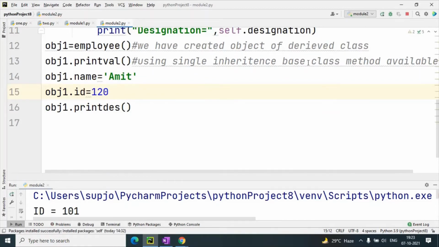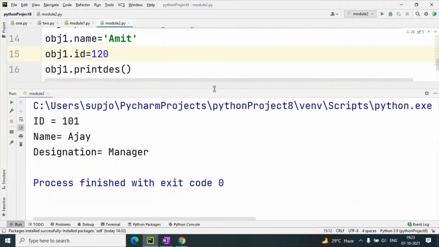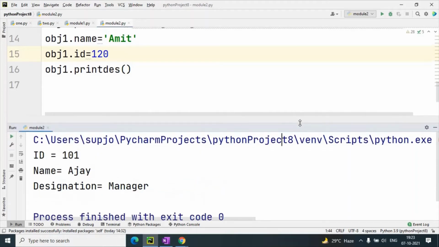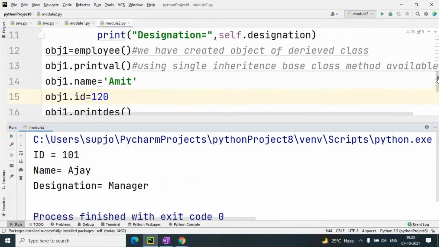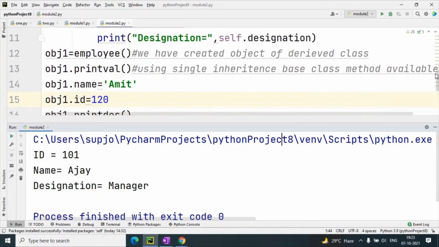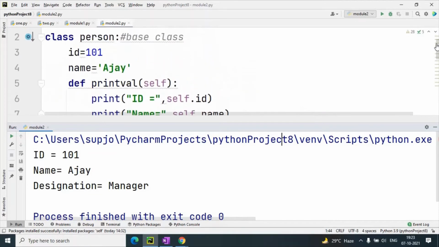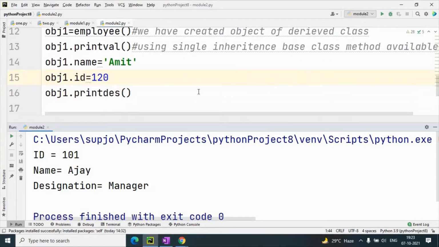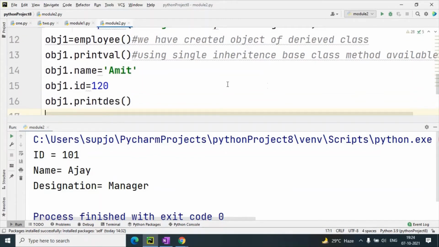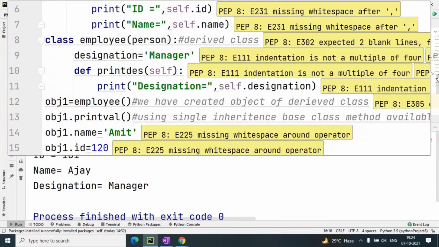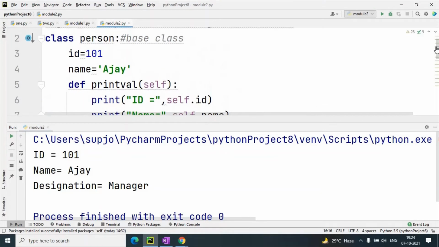So when I execute this, you can see that because we are calling the method print des, which is the method of the base class, it is giving the values of the base class, that is id 101 and name Ajay.